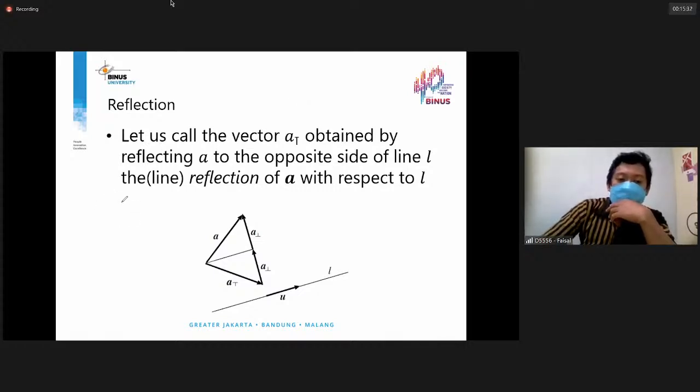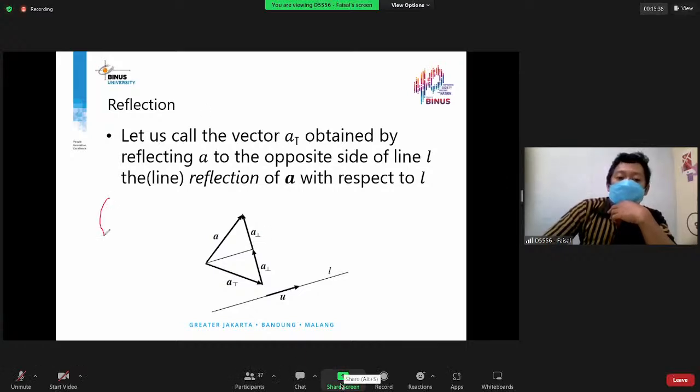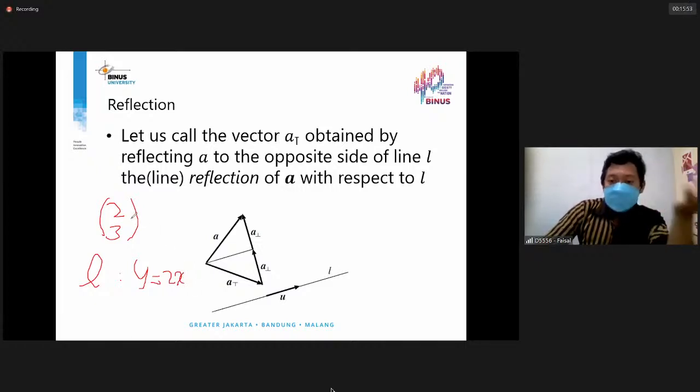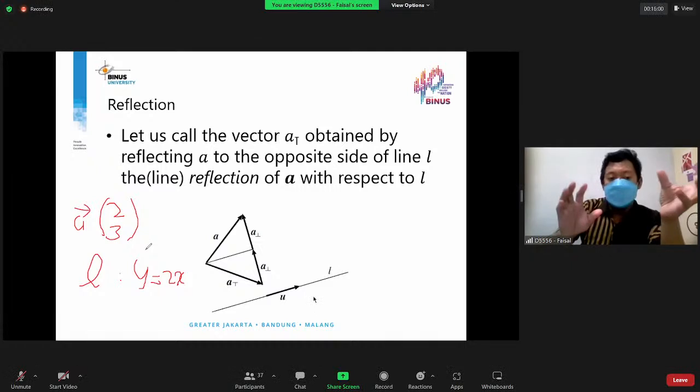For example, how do we compute if we have a vector (2, 3) and a line L with the equation y equals 2x, and we project this vector A onto this line,